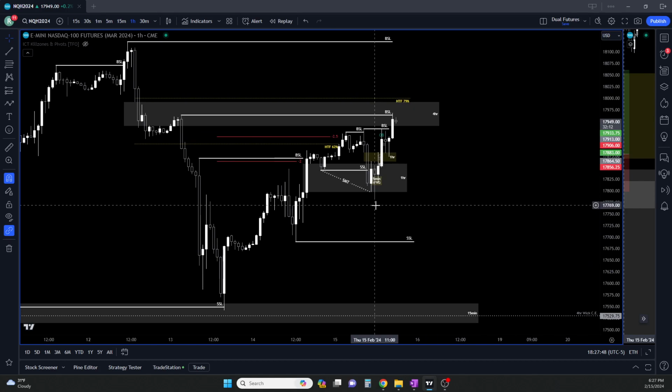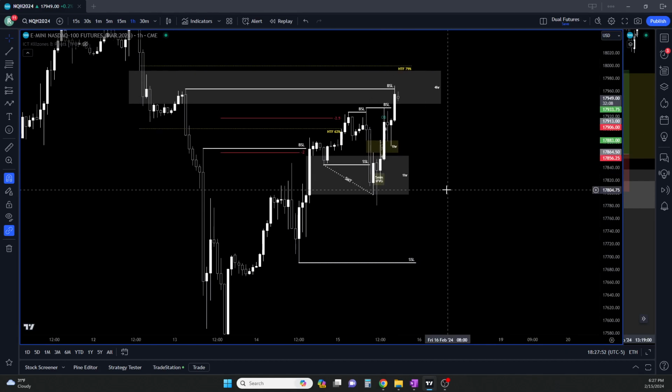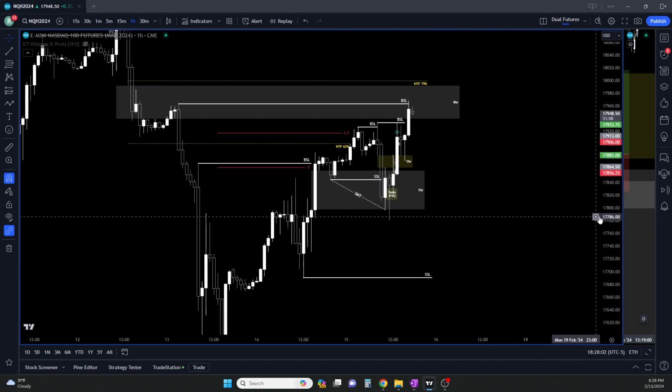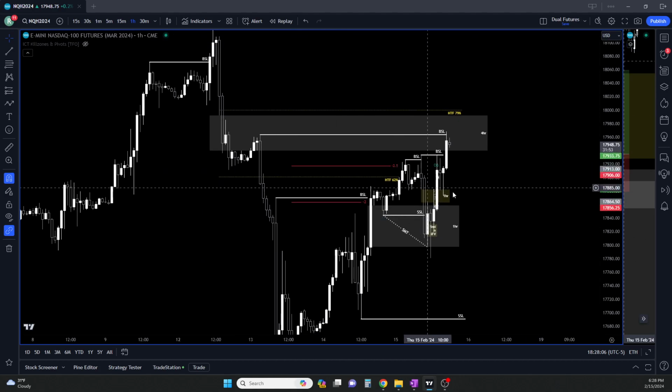Today, small winning day, but I took one small win, like a little scalp, and then I took a little loss later in the day. So, going into the day, I know I kind of have a lot of crap on my chart right now. I'll clear it up a bit, but